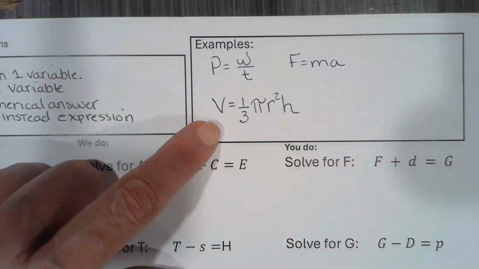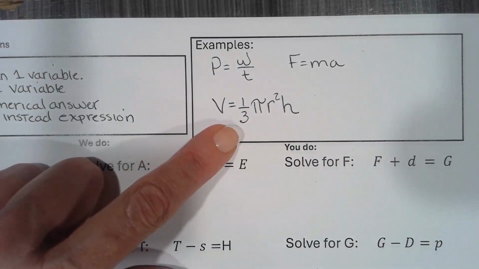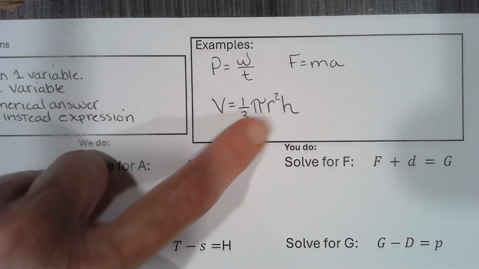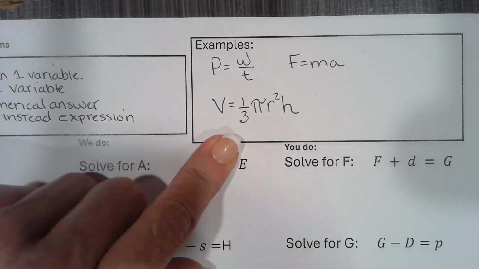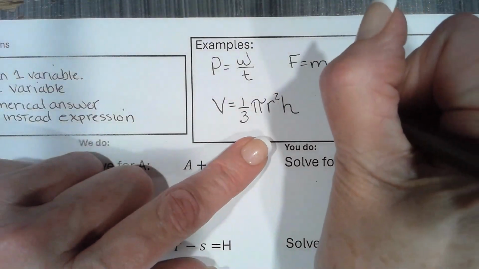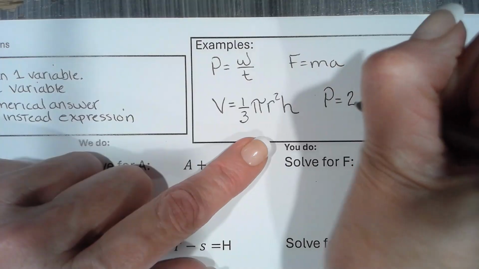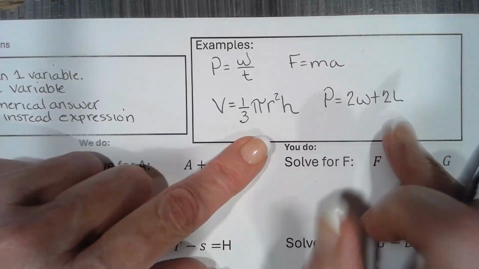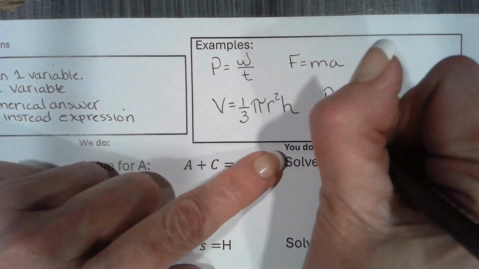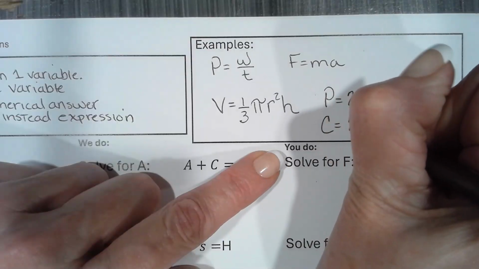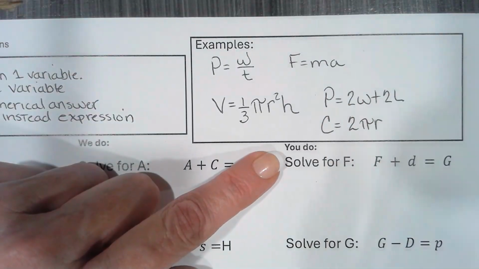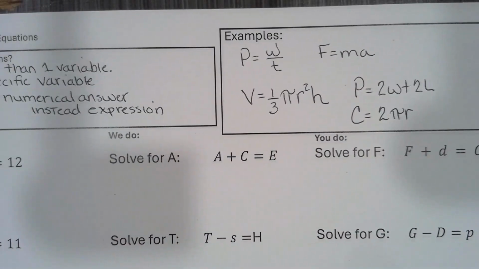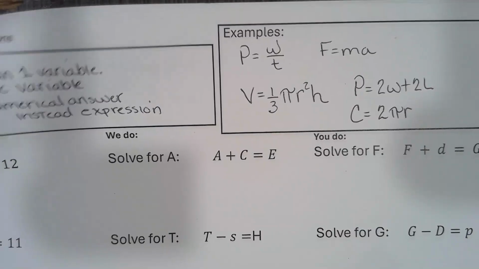This is a volume formula. Volume equals 1/3 pi r squared h. It's the volume of a cone. Formula for the volume of a cone. Here's P equals twice the width plus twice the length. That's a perimeter formula. Probably recognize this one too. C equals 2 pi r. That's a circumference formula. Okay, so these are all examples of literal equations, and we're going to solve them